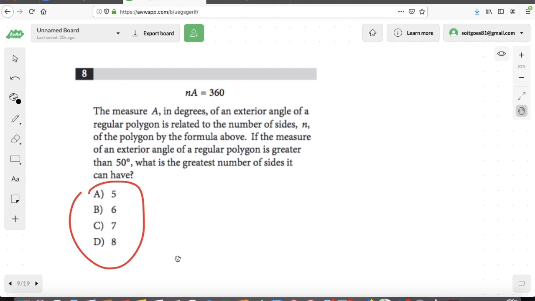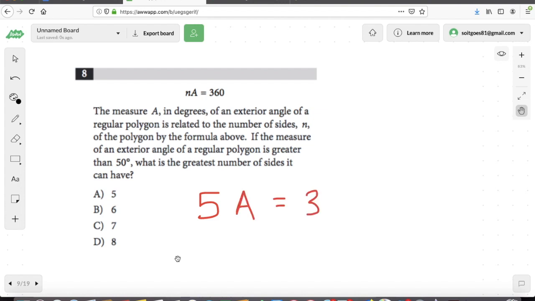So let's do it. Let's plug in a 5 for n. The temptation here, I think, is to plug in a 50 for A and solve for n, but it's not super clear if you approach it that way. Let's just test the answer choices. We can definitely eliminate the wrong ones and definitely confirm the right one if we do it that way. Let me write that out to save some time. Plug in a 5 for n, and we'll leave A as a variable,